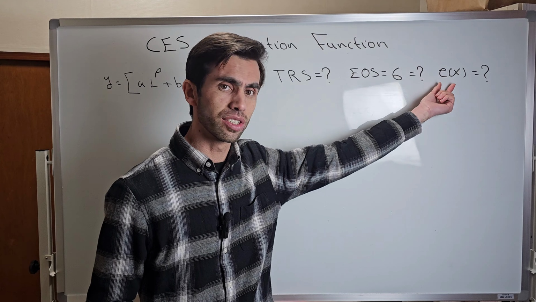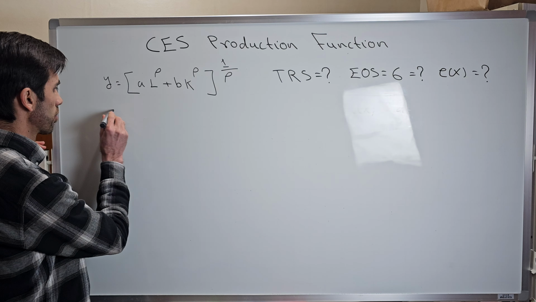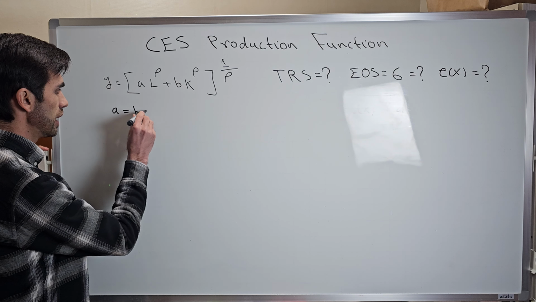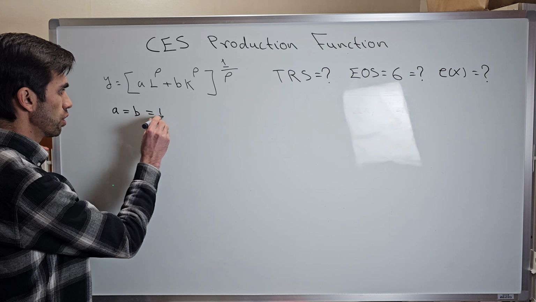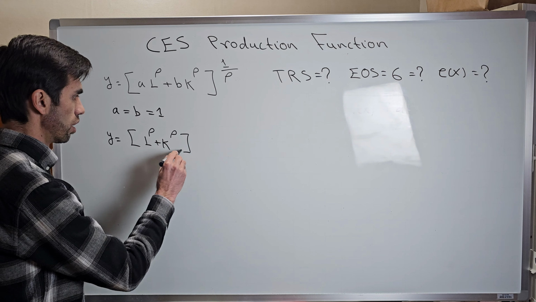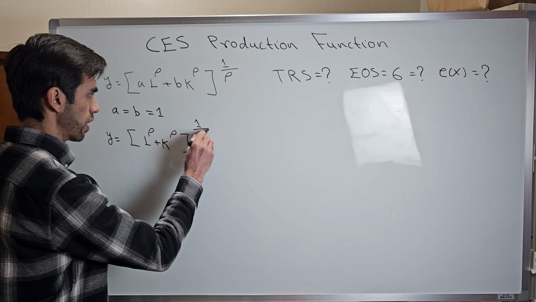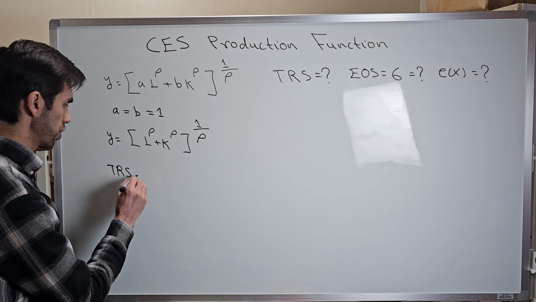In order to make it simpler, let's assume that A is equal to B and equal to 1. Then this function will be Y equal to (L to the power of rho plus K to the power of rho), all to the power of 1 over rho. First of all, let's find the technical rate of substitution for this CES production function. We know from one of the previous videos, where we derived the technical rate of substitution,